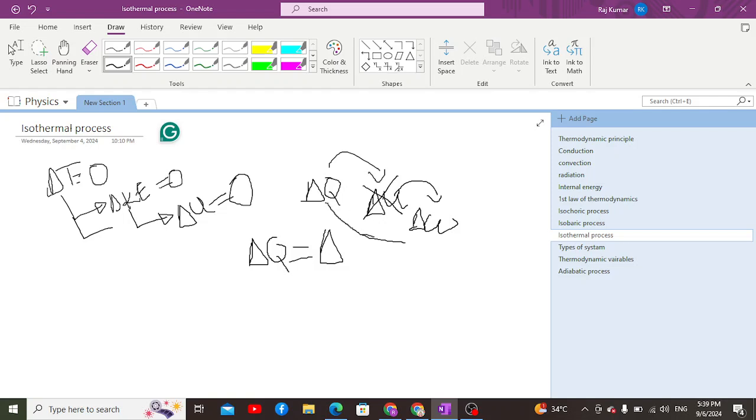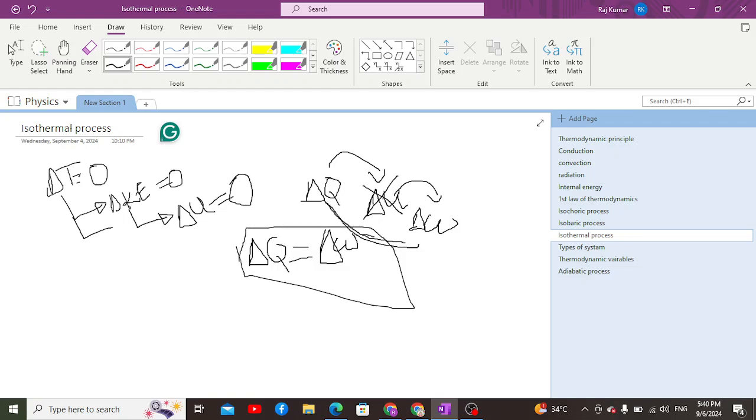We are going to utilize thermal energy directly to do work on or by the system. So thermal energy does not need to be converted into internal energy, and then internal energy doing work. That won't be the case. Rather, the thermal energy would be directly utilized to do work on or by the system, right? So in that sense, we can simply write the equation as del Q is equal to del W. Since del U is 0, the equation becomes del Q is equal to del W.